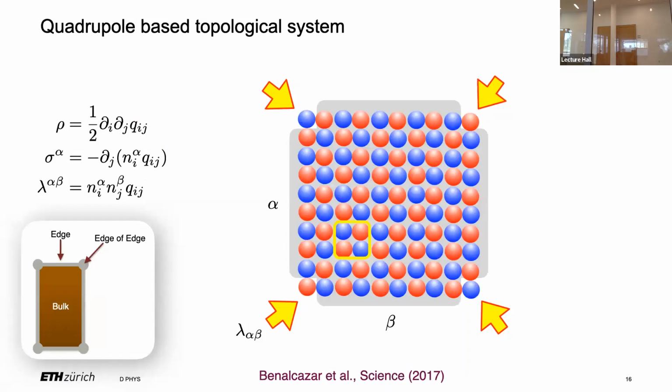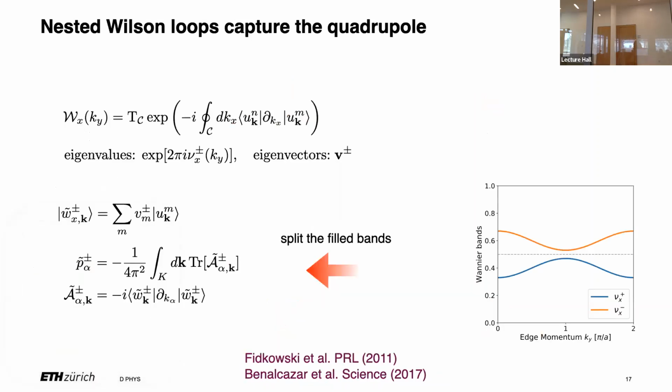What came about is that if you have a quadrupole moment in your bulk, then also in the bulk you don't have any charge accumulation because you always have the compensating charges. You don't have any surface charges either that build up because they are also compensated, but then you have something on the corners. And that was put forward in this, in my opinion, very important paper, just a very beautiful paper. And we said, wow, we want to build that. That's what we want to have, but can we understand that?